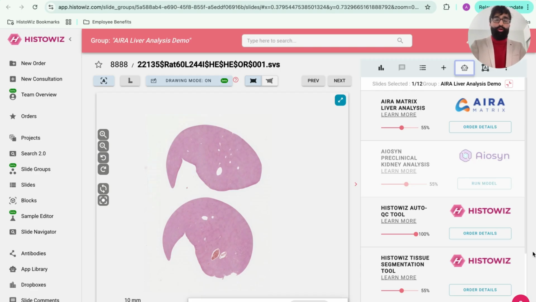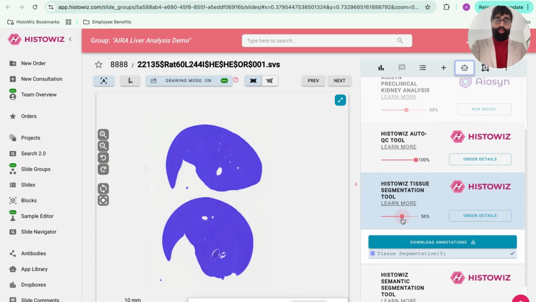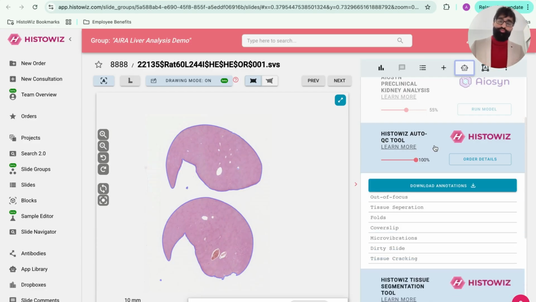Now, we also have a few internally developed AI tools. We have a tissue segmentation tool, and you can control the way in which you want to set the transparency or to visualize the AI result. We have an internally developed QC tool. And again, this tool helps us streamline our histology workflow. So it was critical for us to build this tool to accelerate our end-to-end histology service and, again, enhance producing high quality data sets for our customers.